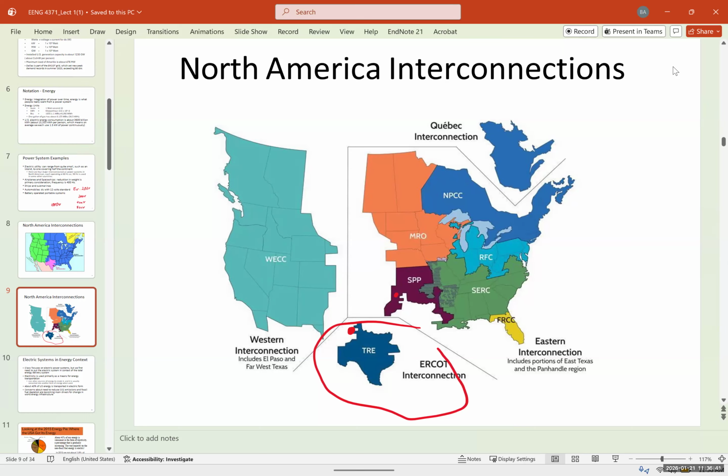It has its own benefits, but it also has a lot of problems, because the benefit is you're isolated. So if this part has a problem, it doesn't transfer. But again, you don't have any connection with any of these.